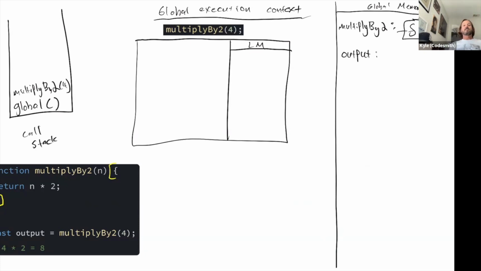So that brings me to the first thing that we do as we've pushed this onto the execution context. We've now opened up this local execution in which to run our code. Alex, what is the first thing I do when I invoke this function now? We need to pair our argument and parameter. Yeah. So what does that mean? The parameter is the item inside the parentheses when the function is first declared. So in this case, the parameter is n. And